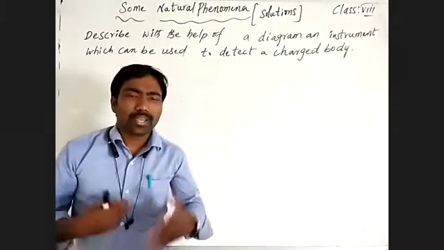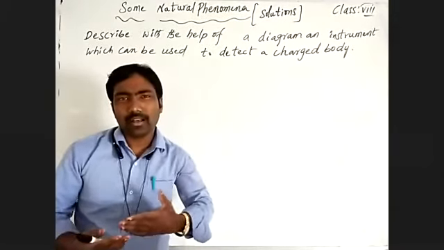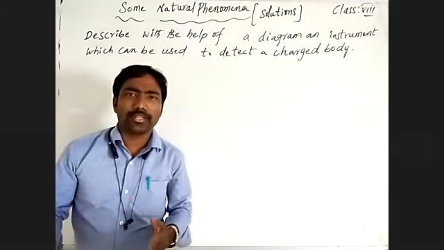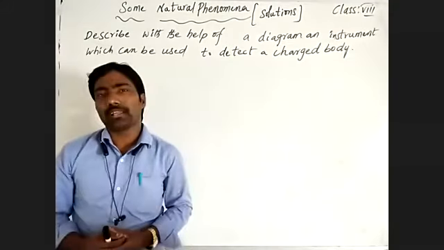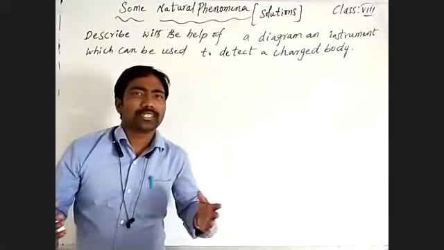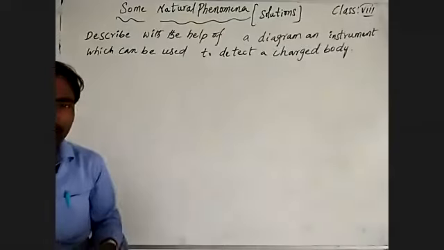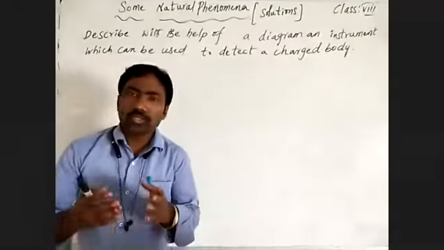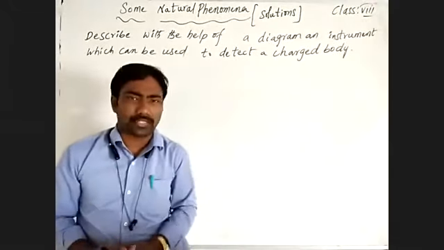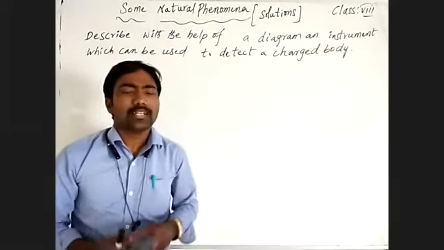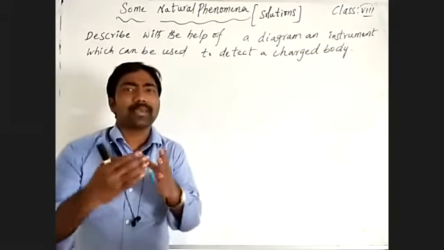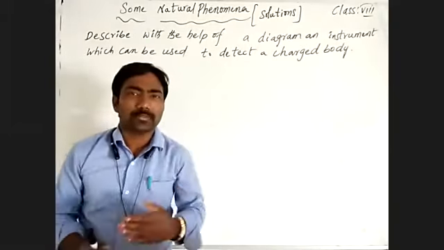We are identifying interaction between charged bodies and uncharged bodies, and between charged bodies. What type of interaction do we observe? There is repulsion and attraction. Repulsion takes place between two interacting objects which are charged, meaning they have the same type of charge, like charges. Like charges repel each other.